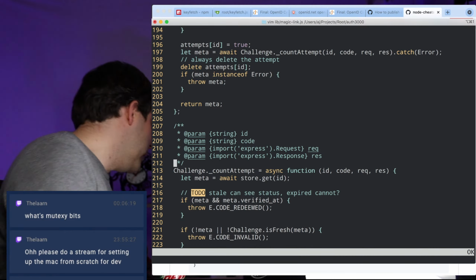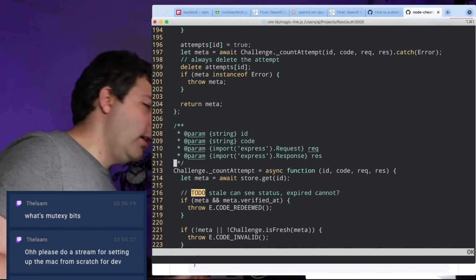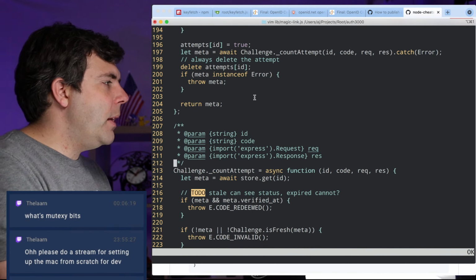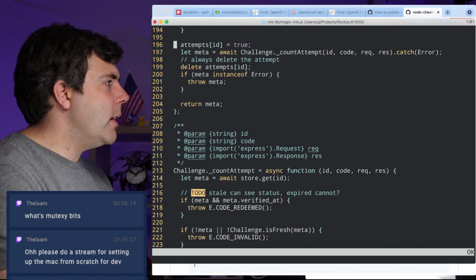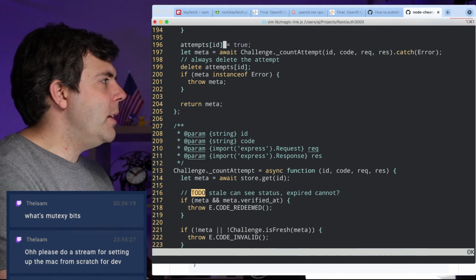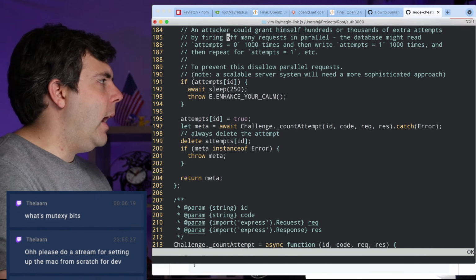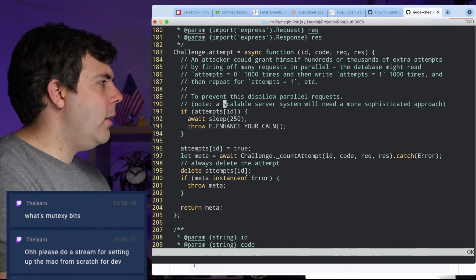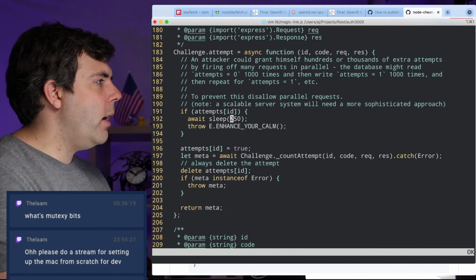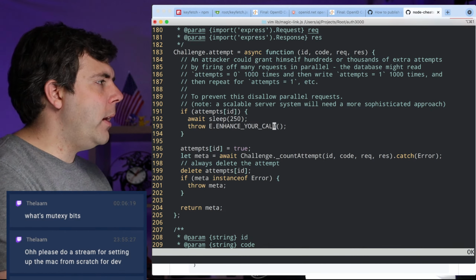So the mutex is just saying that something is occupying this space. And so the mutexy bit is that I'm saying an attempt for this ID is in progress. Attempts ID equals true. And then down here, I say delete attempts ID. And I use that up here to say if there's already an attempt in progress, then sleep, and throw the enhance your calm message.